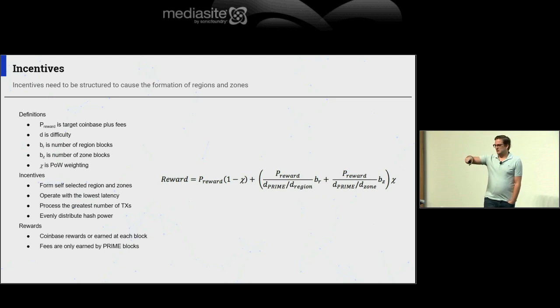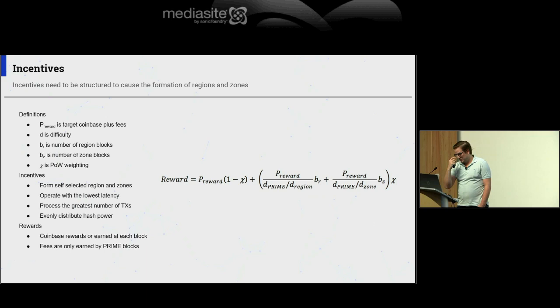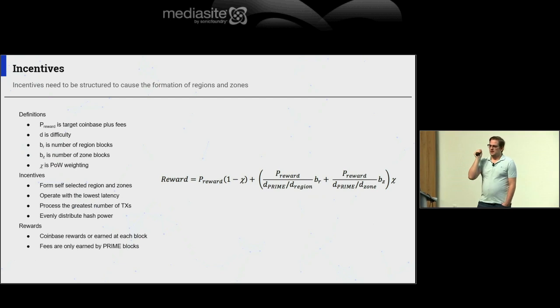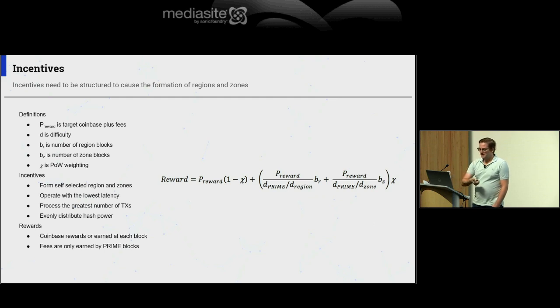But by creating a system where we divide the rewards between group and zone blocks, we're incentivizing people to self-identify into groups and zones. We can then also split the reward, and this is a proposed reward mechanism where we introduce this variable chi, which is effectively saying what percentage of my reward goes to rewarding work versus something else, in this case, network latency. So the factor with chi is the factor that rewards people for finding the lowest latency group to participate in.